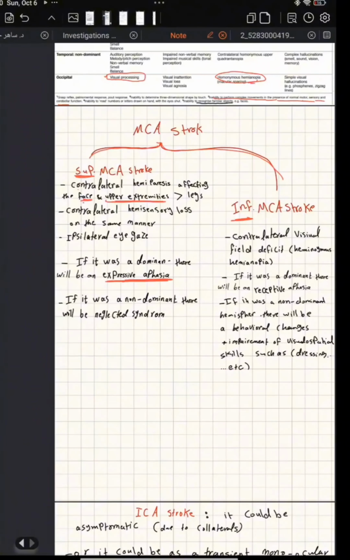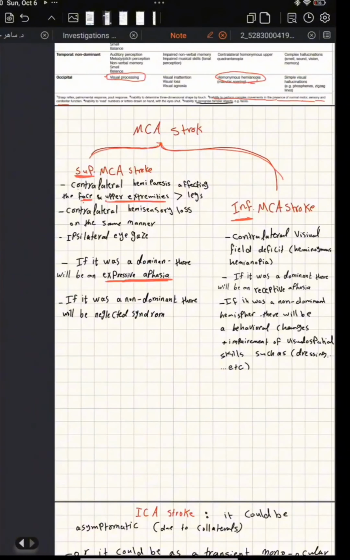They are completely different from the superior division. There is no control on the sensory end. This is responsible for contralateral visual field deficit, which is called homonymous hemianopia, meaning it loses the visual field of the opposite side. If it was the dominant, the inferior middle cerebral artery, if it was the dominant, there will